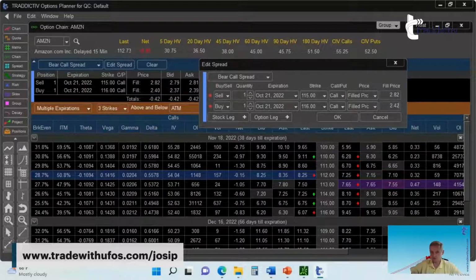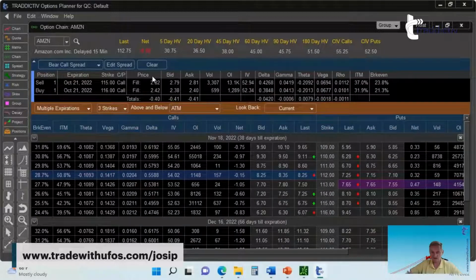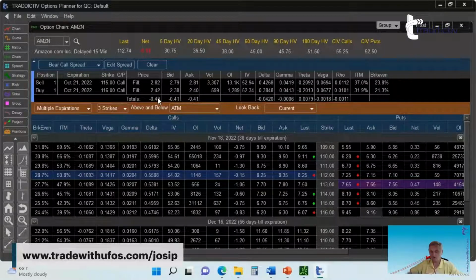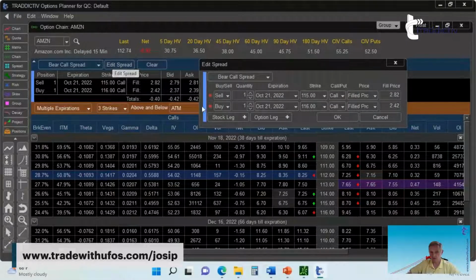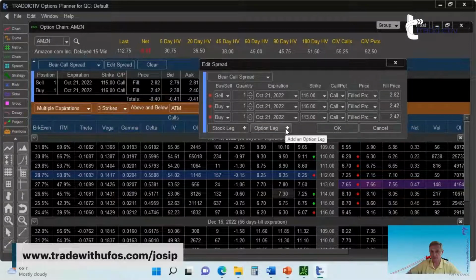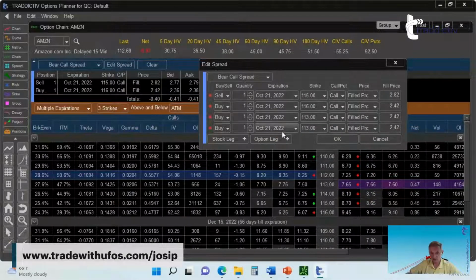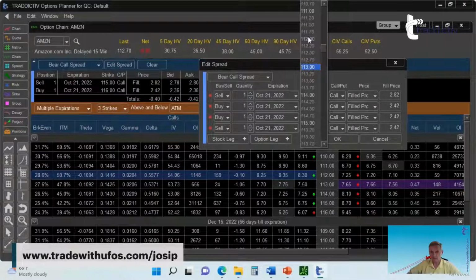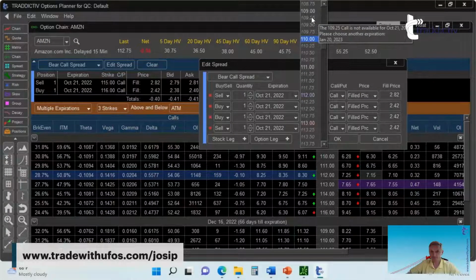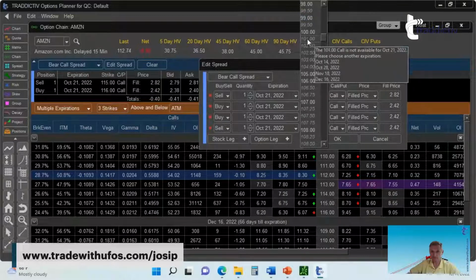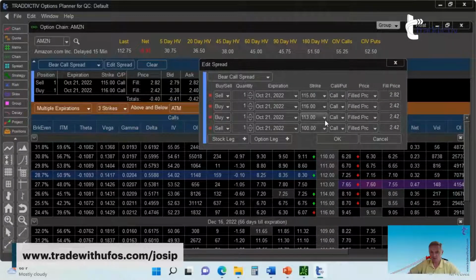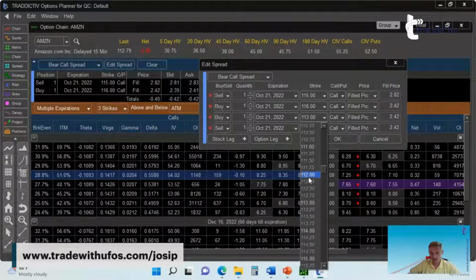Never mind what I got filled on my platform. What matters here is that you recognize that this is 40 cents. So now I'm going to be editing, but this is no longer going to be the same spread. When I add another option leg and another option leg, they're still going to be in October. But one is going to be the sold, and the one that is going to be sold is going to be a 100. I need to scroll all the way down here to get the 100. And this one that is here, 105.